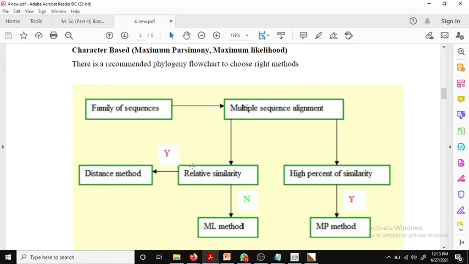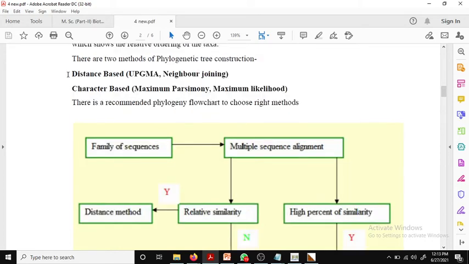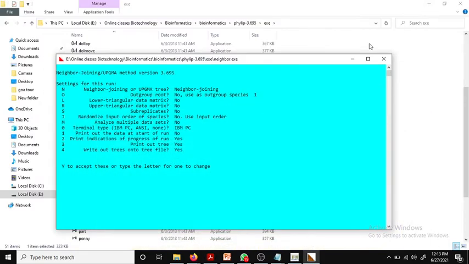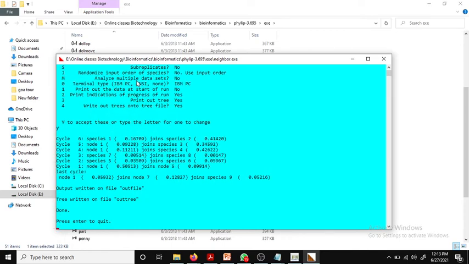Here, we are going to use the neighbor joining method, which is a distance based method. There are two methods, UPGMA and neighbor joining. We'll go ahead with neighbor joining. We have chosen it and fed it with our in file, which came from ProDist. We'll press Y again, enter.